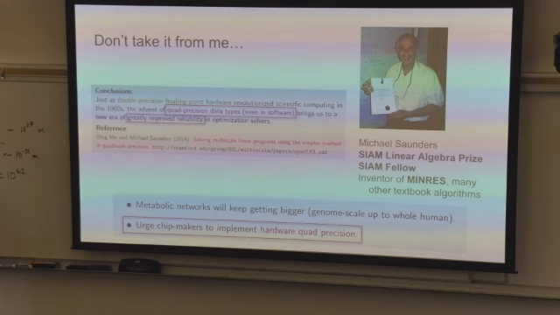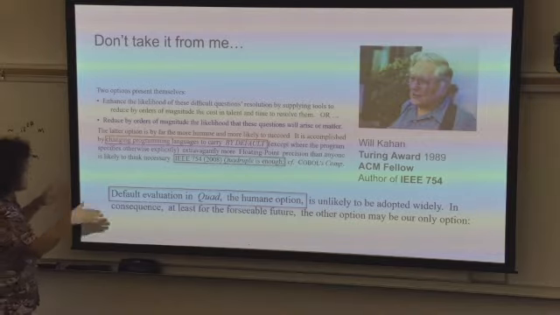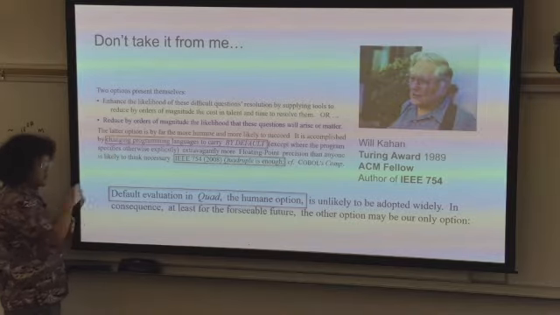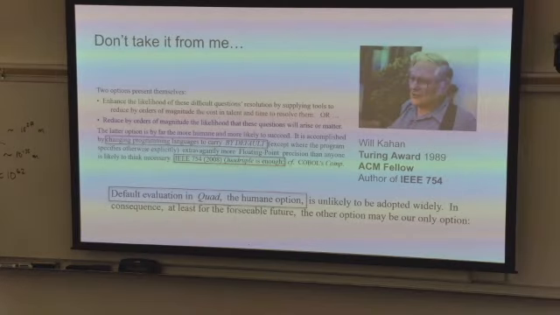And if, for some reason, that is not convincing to you yet, here's Will Kahan, Turing Award winner, ACM fellow, and the author of the floating point standard himself. Here's Will Kahan saying, we messed up by making double precision the default in all of our programming languages. We should have done quadruple precision. It's the humane option because it's caused us so much pain and suffering using double in these really large-scale calculations, right? So clearly there is this problem that at the very large scales we are needing more precision,